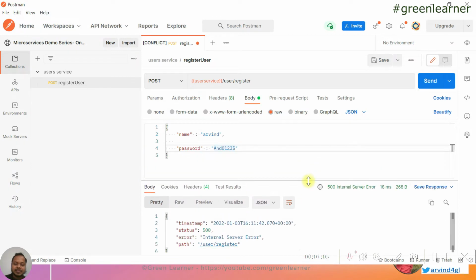So for this kind of data, we say that user data validation needs to happen, and the same needs to be communicated to the caller, whether it is a front end, an API, or any third party. We must communicate that. And also the validation holds value. So, the importance of request data validation. If we have exposed our service publicly, we do not have control over what data they are sending to us. Not all people out there are good people.